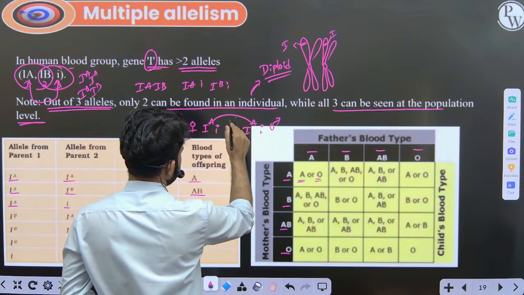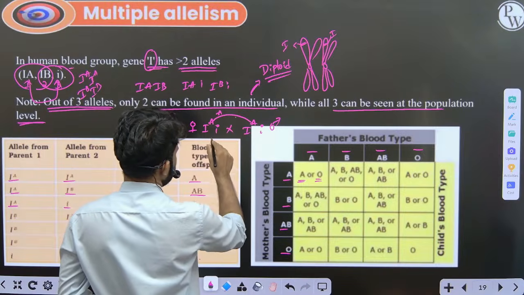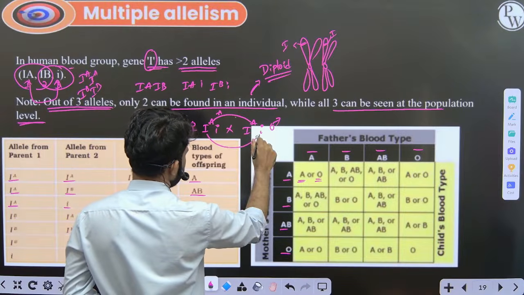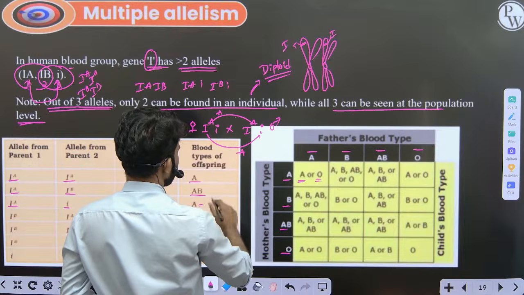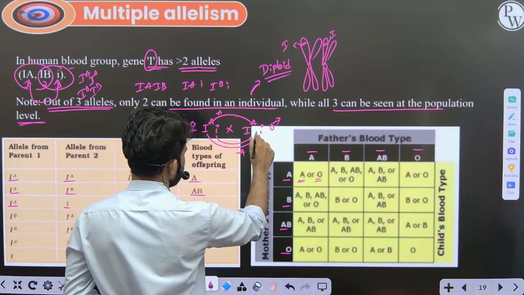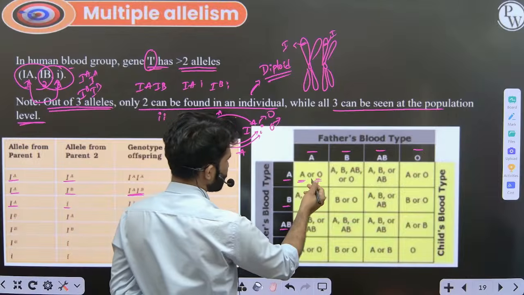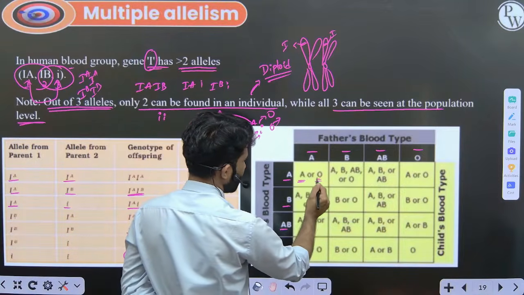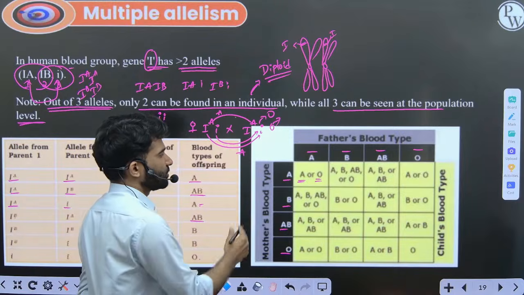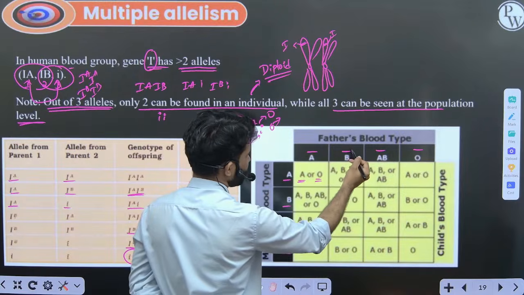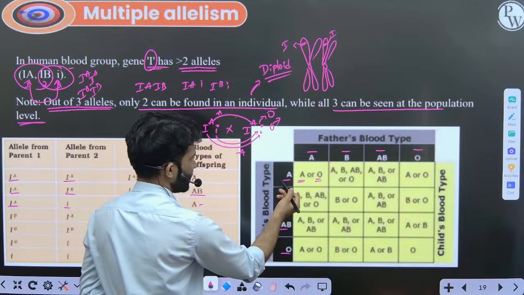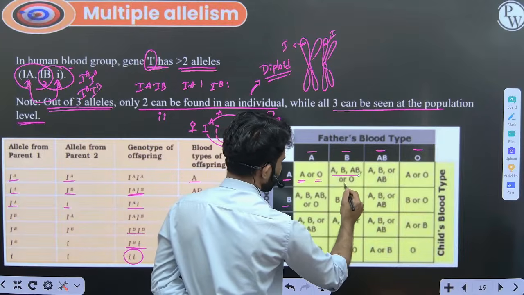A and A combined, A and i combined, i and i combined, what will it be? The only possible blood groups in the offspring are A or O. Even if the father has B and the mother has B, all possible blood groups are